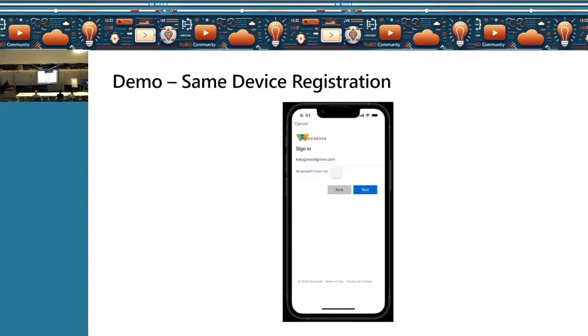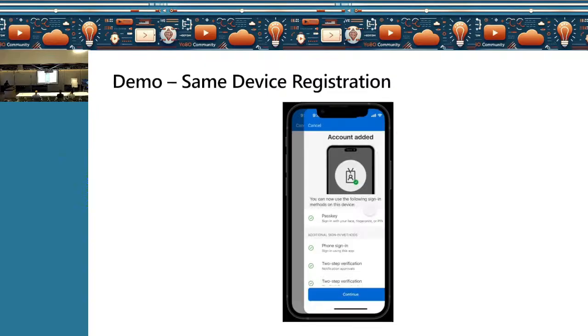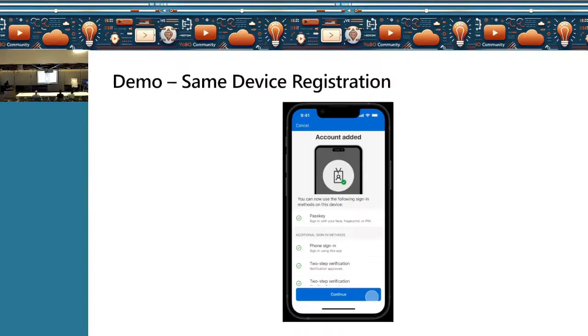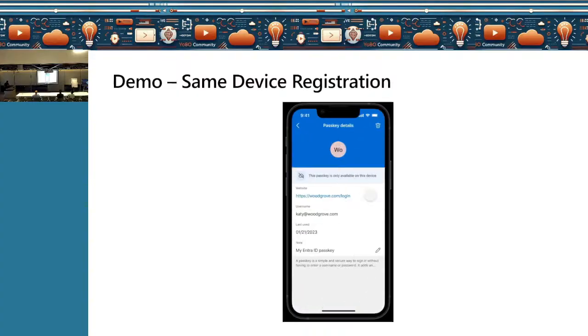So basically, when you first open the app, you will get through some initial setup screens, including data consent. Then you'll be asked what type of account you want to use. So you choose your work or school account. And for sign-in, you can use your permitted MFA methods. In this example, we are using a temporary passcode. And in this case, you can use passkeys and MFA push notification both.